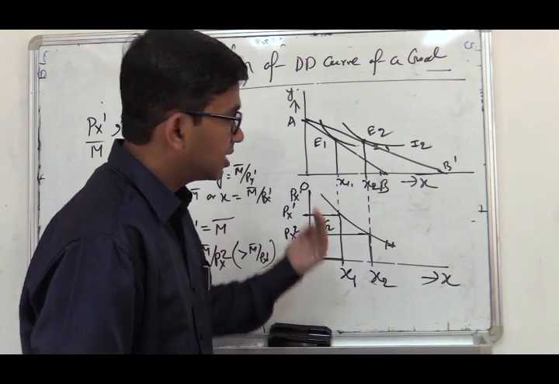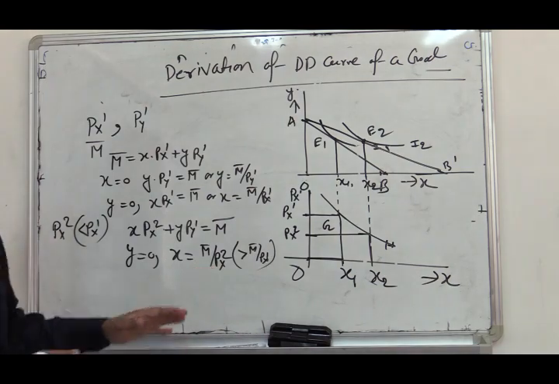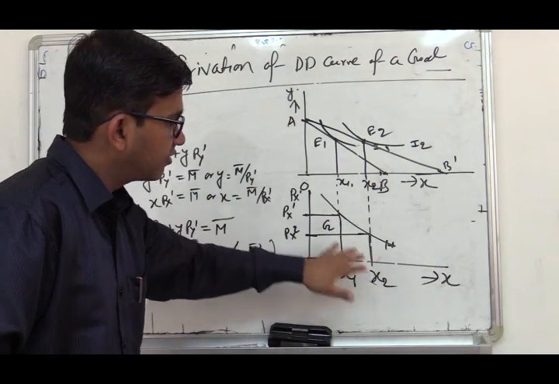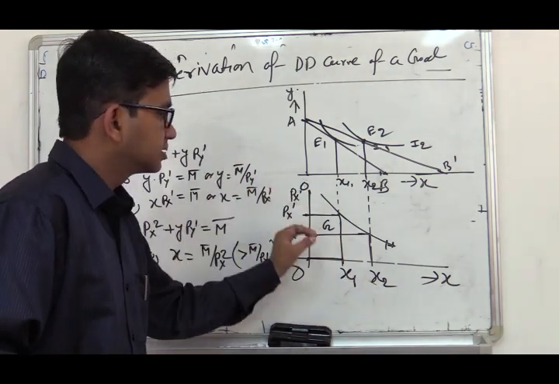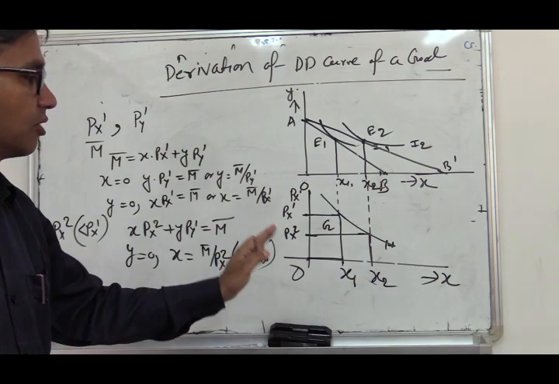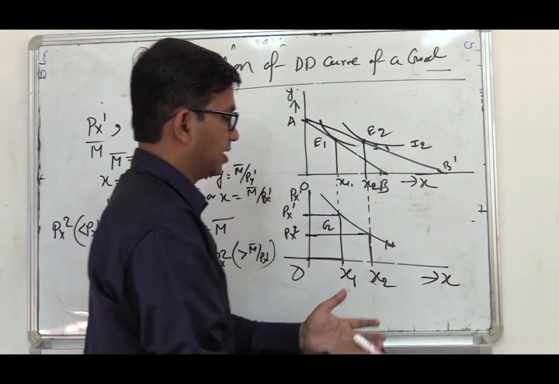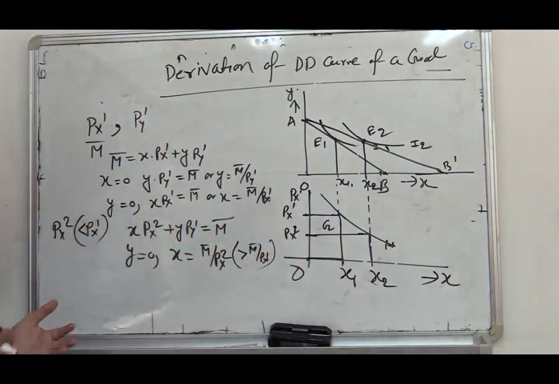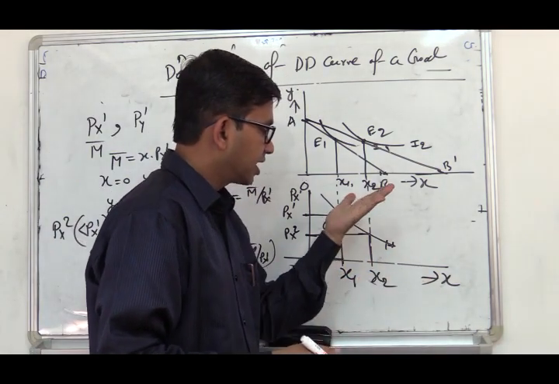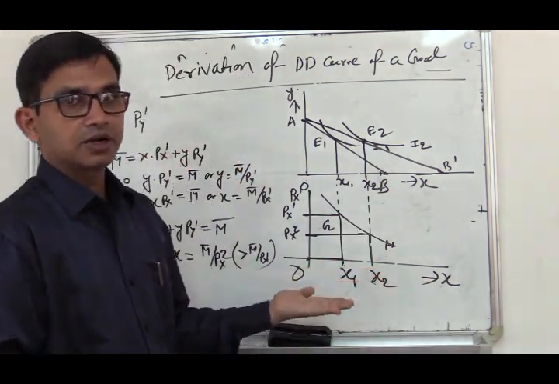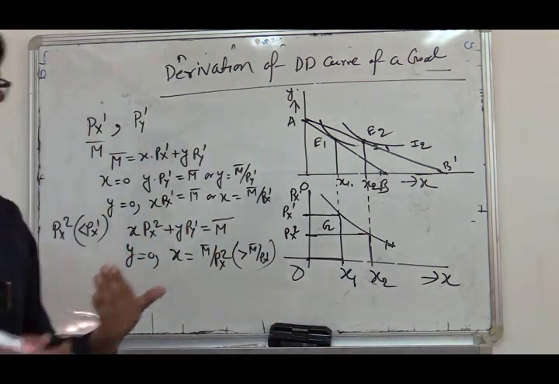So what are the other things here? Money income of the consumer, price of Y and the taste and preference of the consumer. So this exhibits the inverse relationship between price and quantity demanded. Actually this is explaining the law of demand, or this is the graphical representation of the law of demand. So this is the case of a normal commodity. Hence, with the help of consumer's equilibrium, we can derive the downward sloping demand curve of a consumer that represents the inverse relationship between price and quantity demanded.